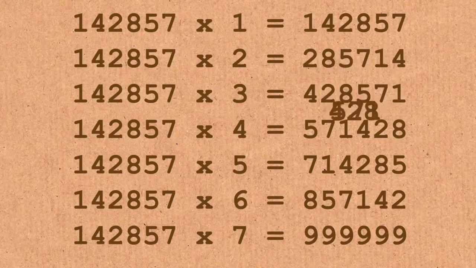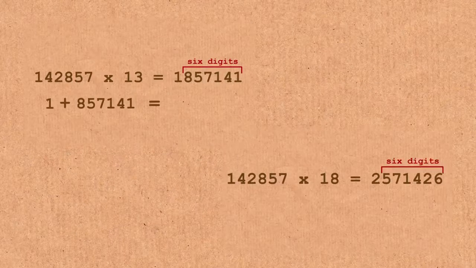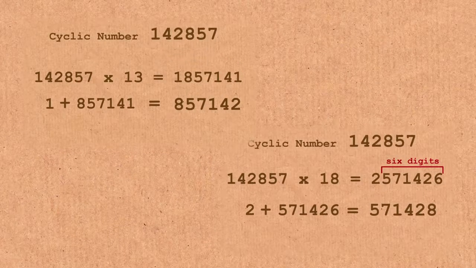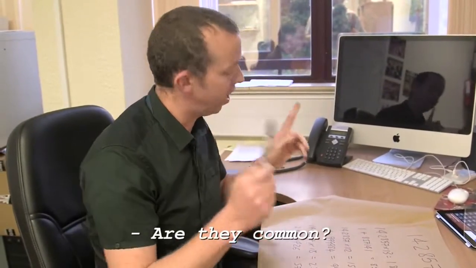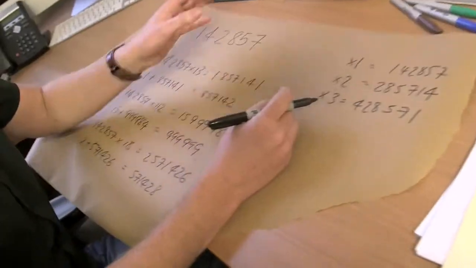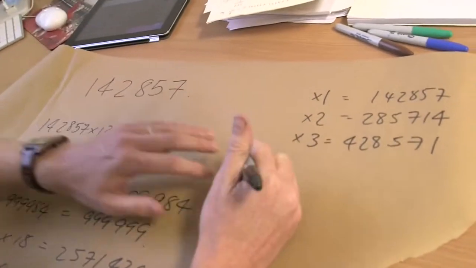And if you go above 7, then you need to do this business of taking the last 6 and then adding it. But you always get this cyclic structure. This is an example of a cyclic number, in fact. They're not particularly common. This is the only one that doesn't begin in 0. The next one, actually, after this one, is